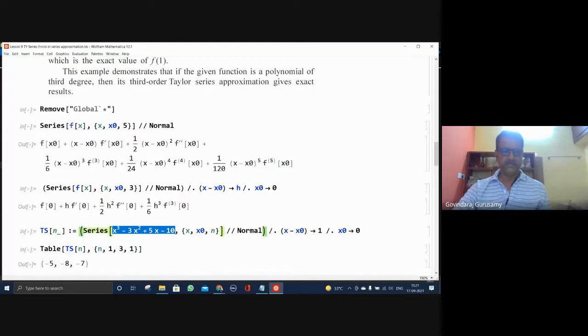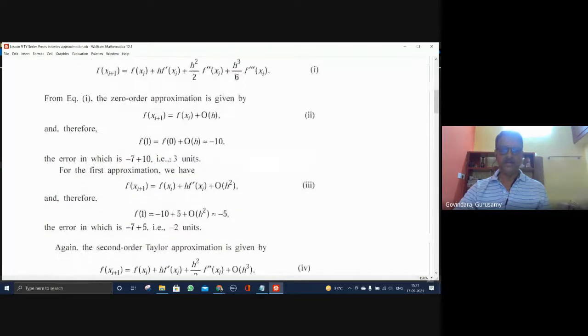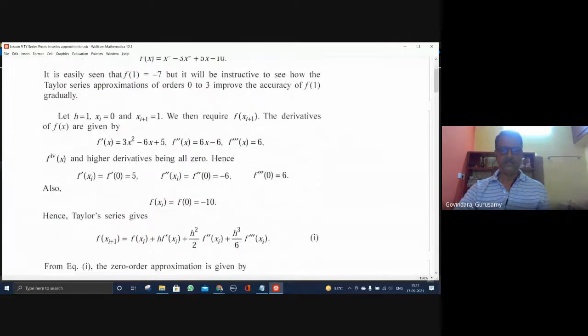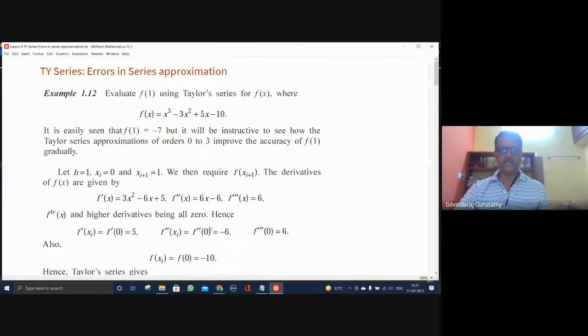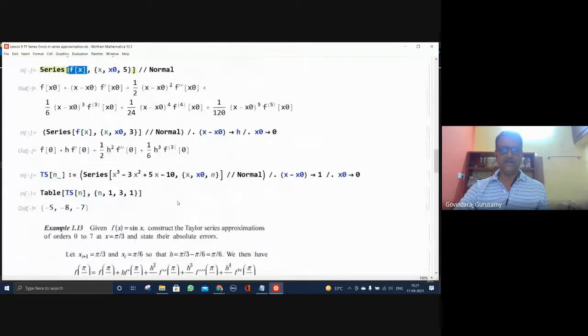Series of any given function, series of x around x0, up to 5 terms I have given. This is the expansion that you have. It is identical to what has been given here. This is the form which he has given, of course, with the 3 orders, and the generalized form is available in the text, which can be referred to for the number of terms. I can go ahead with any number of terms I like, depending on the usage and purpose. You can start from 1, 2, 3, 4 like that, one by one also if you want.